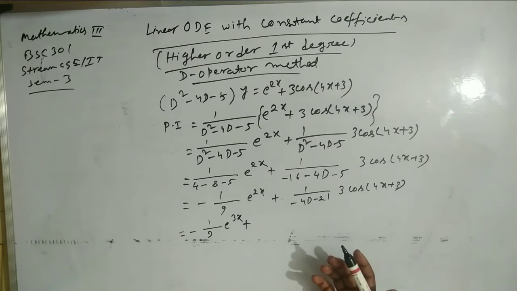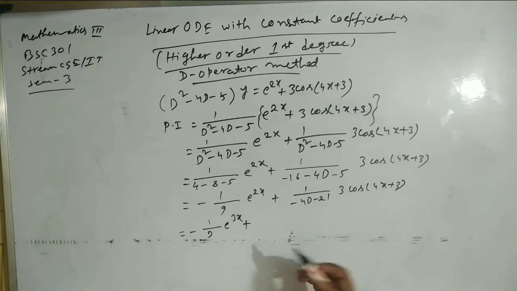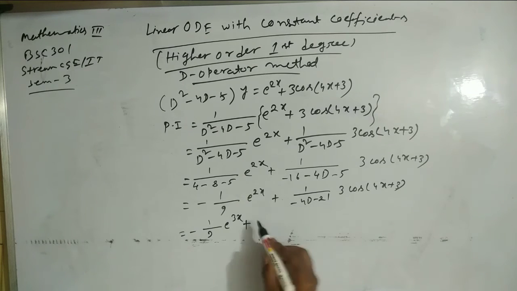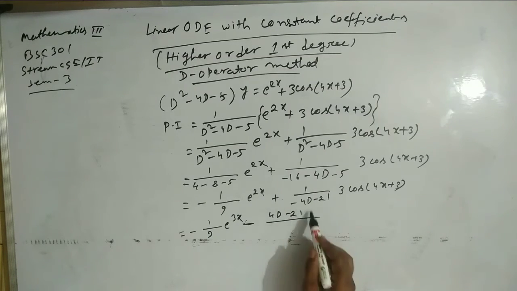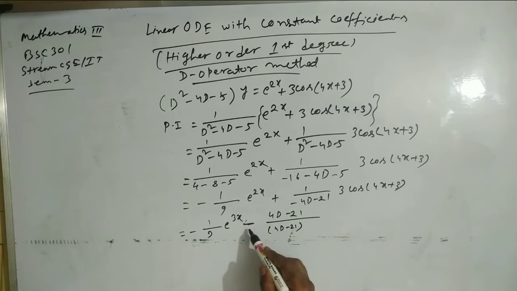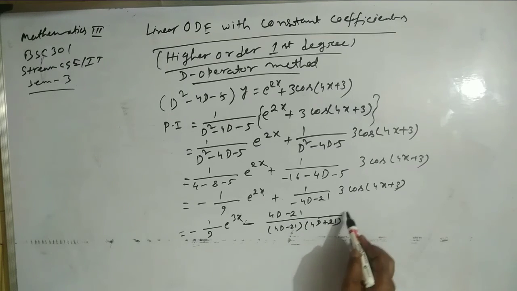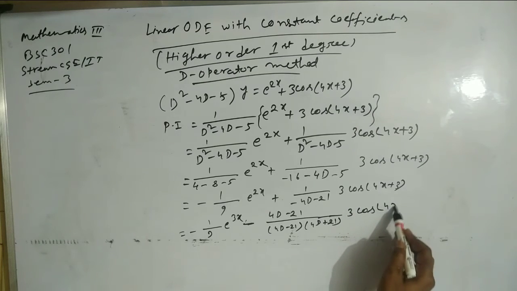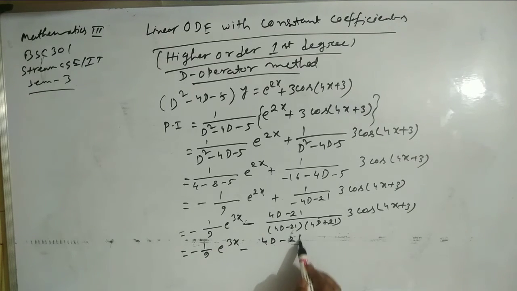So we multiply by 4d minus 21 in the numerator as well as in the denominator, and we are taking common minus from the denominator. We are multiplying by 4d minus 21 in the numerator and denominator, and after taking common minus, it will be 4d plus 21 operating on 3 cos 4x plus 3. So it is minus 1 by 9 e to the power 3x minus 4d minus 21 by